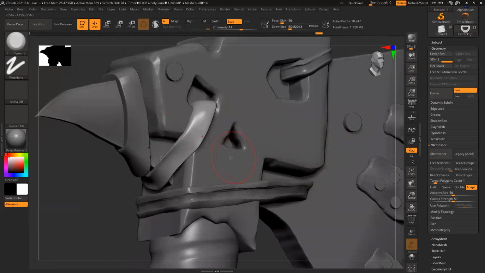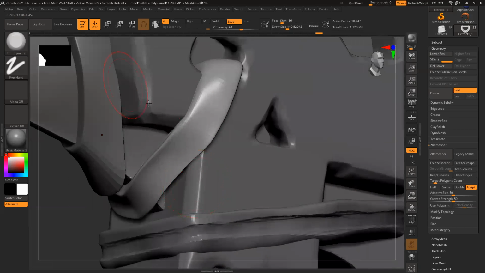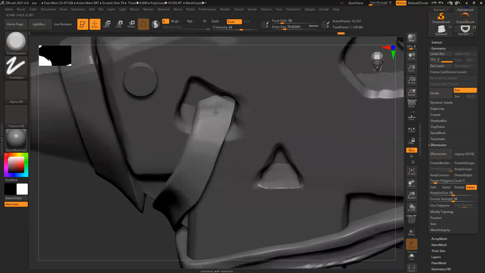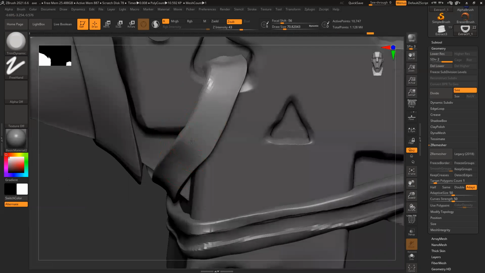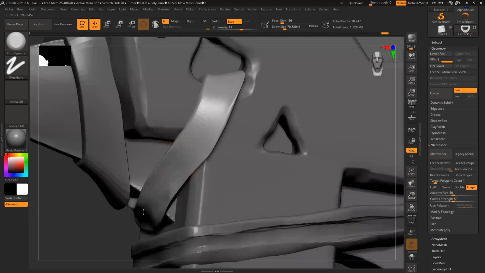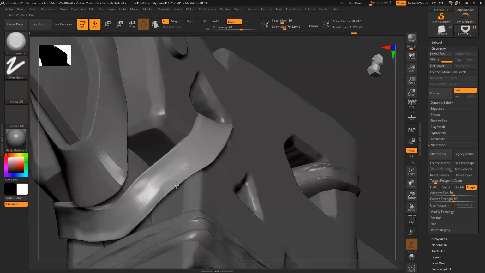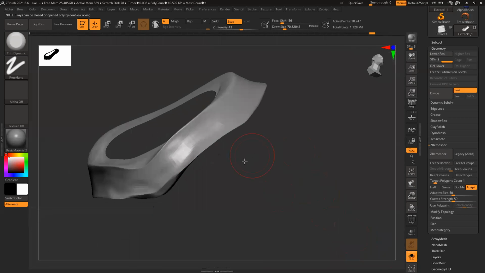This basically makes thing real little flat. See? Isolate.